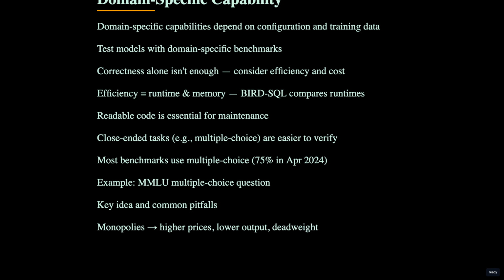Monopolies can set prices above marginal cost, so they often produce less and charge more than competitive firms. That reduces consumer surplus and creates deadweight loss, which is why governments regulate or discourage monopoly power to protect welfare